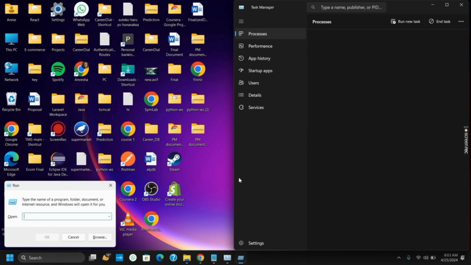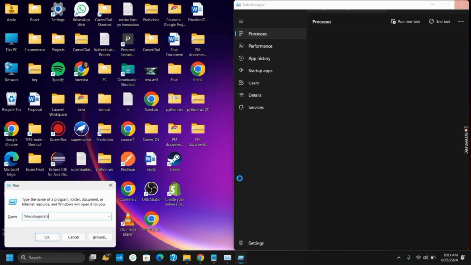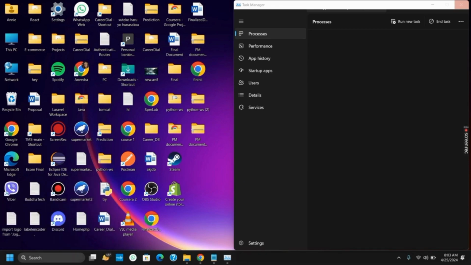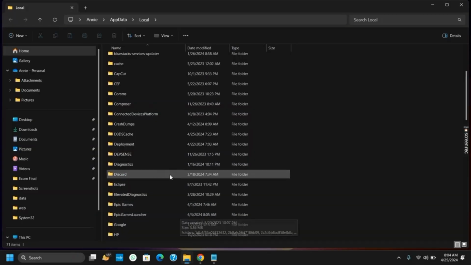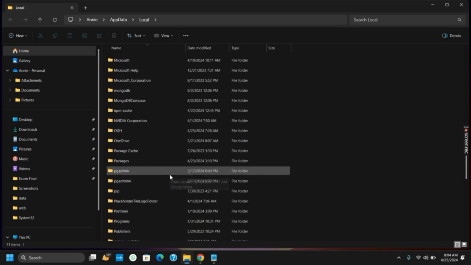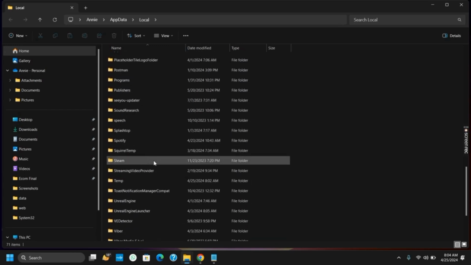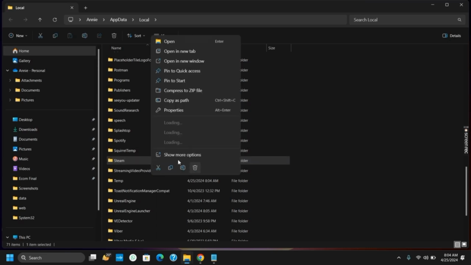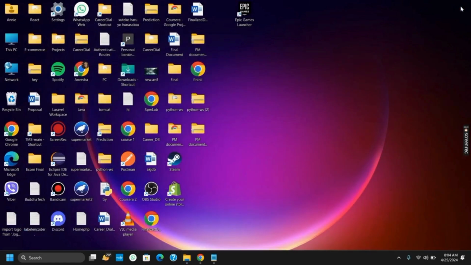For this, open the Run tab by pressing Windows plus R and type in %localappdata% and hit OK. This will open the file location. Now that it is open, search for the Steam folder. Right-click on it and delete it. Once the Steam folder in local app data is deleted, let's move on to update the Steam application and